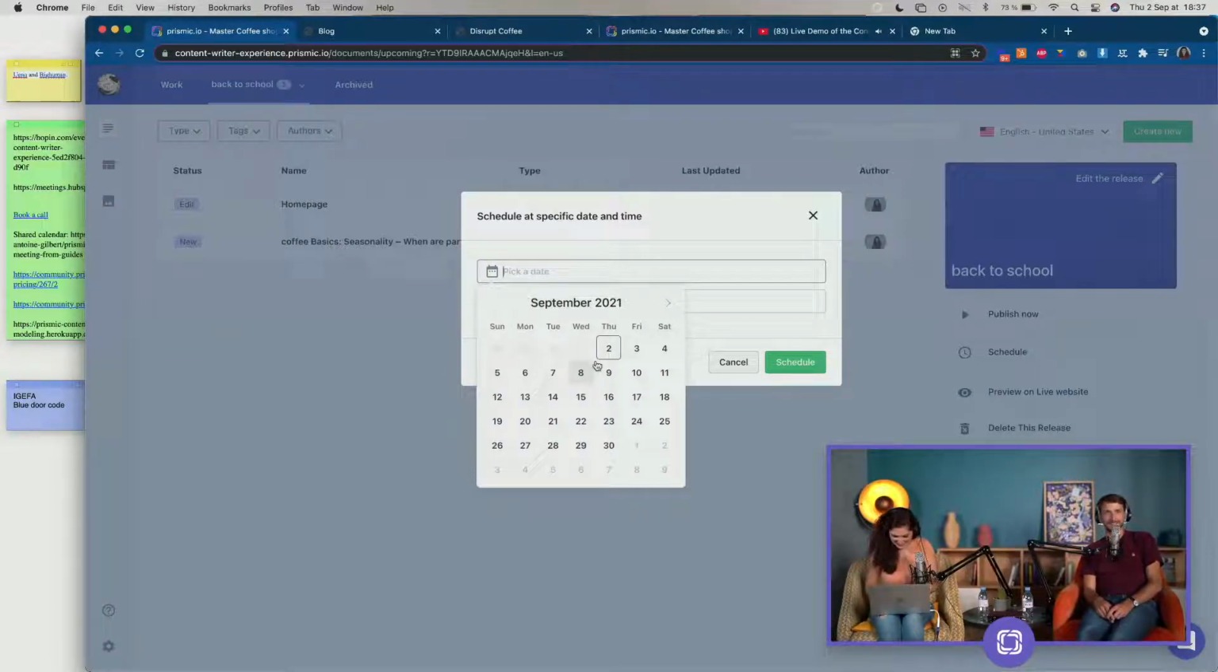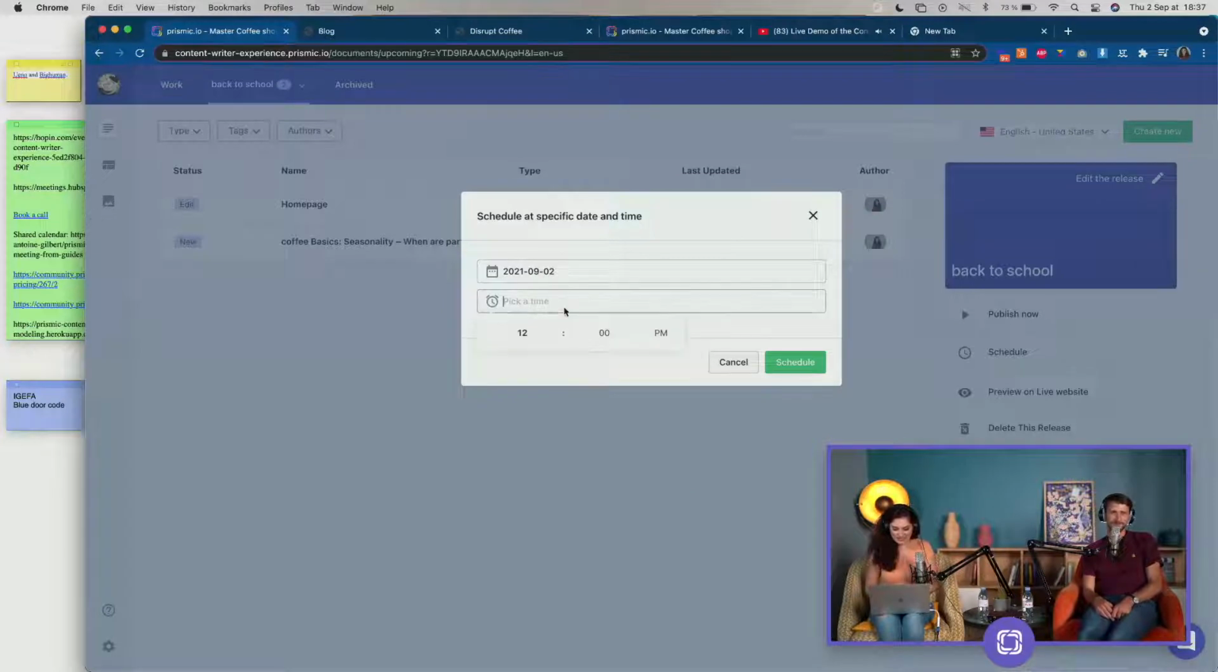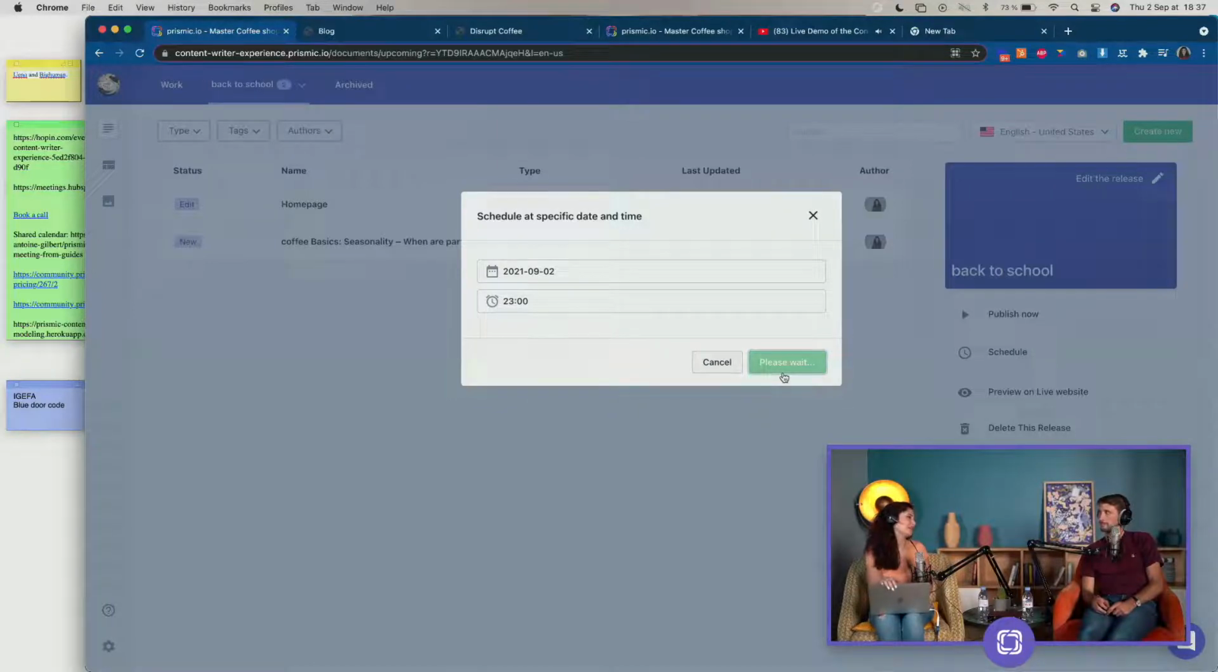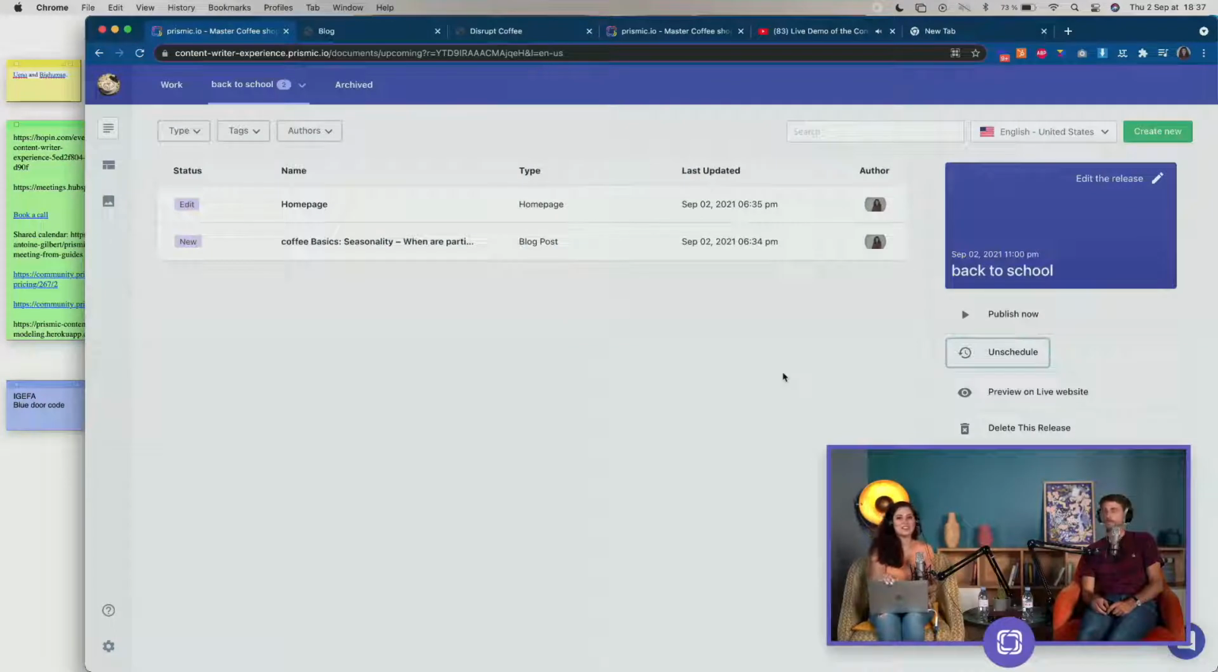Anyway, today, let's just say at 11 p.m. tonight. Oh, it's a future date? No, it works. Oh, I had to do 23:00. 11 p.m. was a past date for the system because my laptop is on French time and I use 24-hour